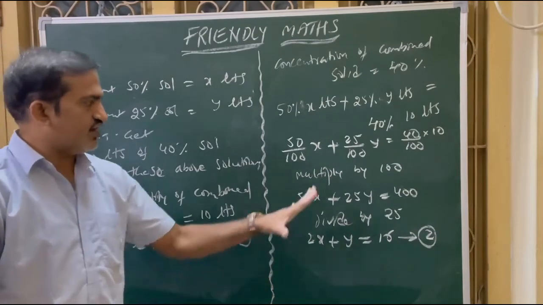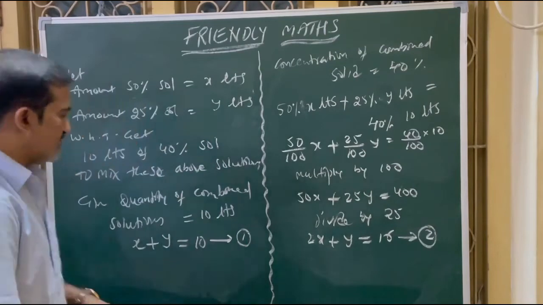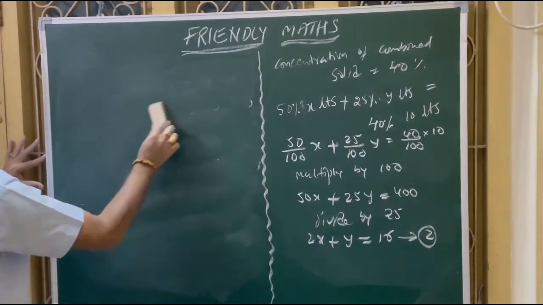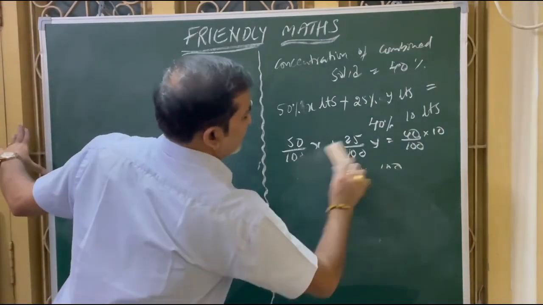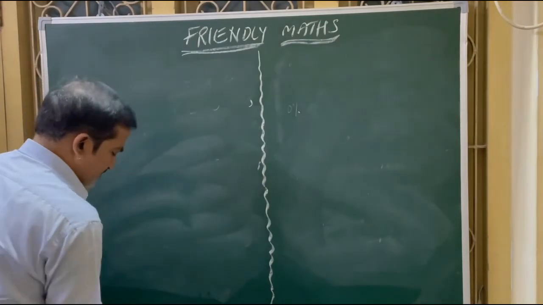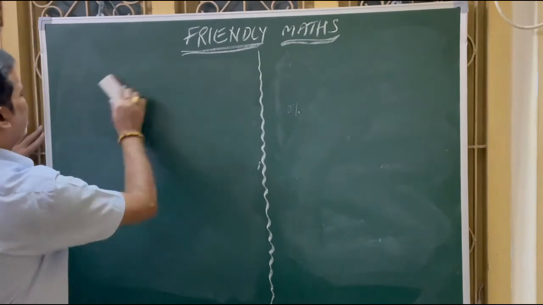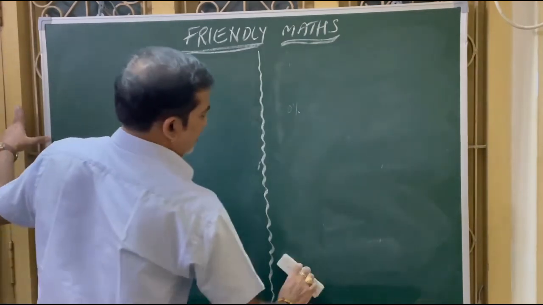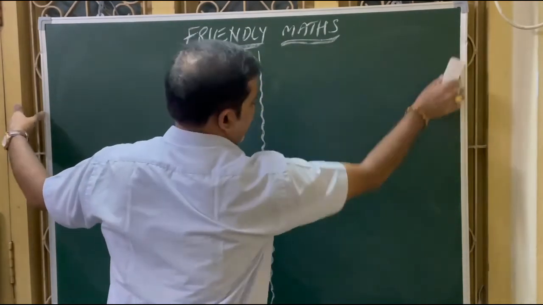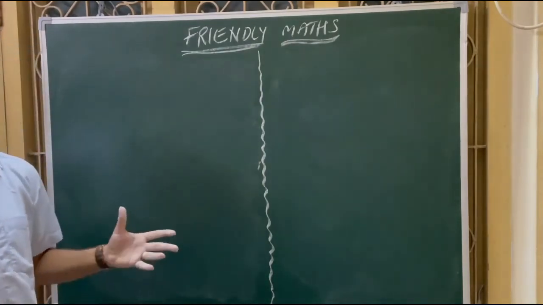Okay. I hope this problem is very important. You people have understood. Then we go with one more, the last problem of this video. Here in this problem there is a rectangular plot with some area. As length increases and breadth decreases, there is a change in area. By changing the length and breadth, there are changes in area. They have given two conditions of different changes. Using that, you form the linear equations and solve them.